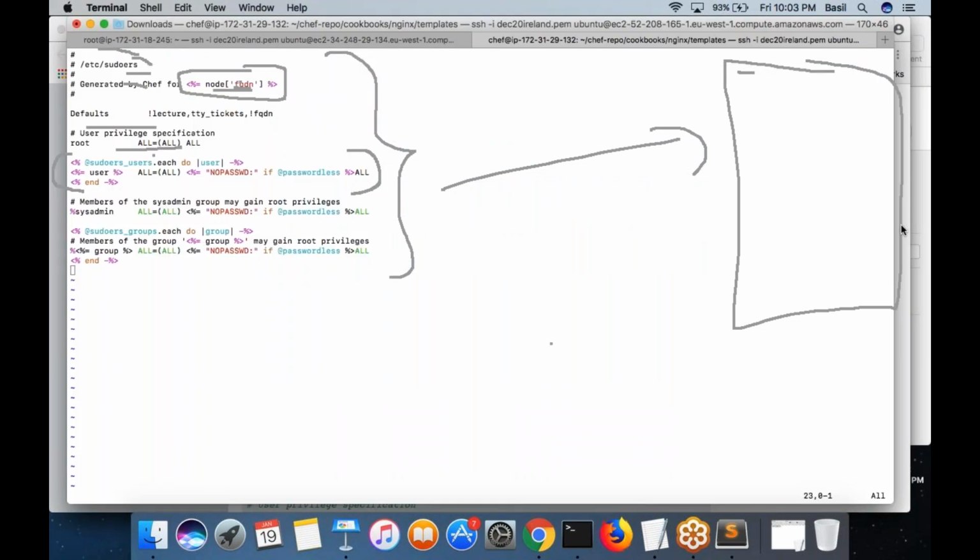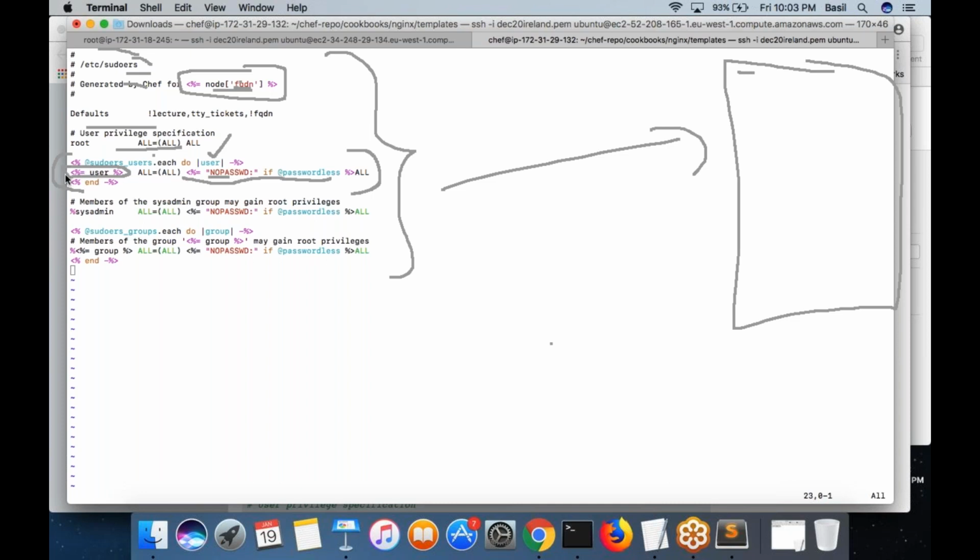So what you do here, basically for this variable, you are actually starting a for loop. User is the iterative variable. Then you are creating this line. User would be replaced with the actual user. Then, what is this? Yeah, if you add this entry, it would be put here. If the passwordless is enabled, then this line would be added. I think nothing would happen by this. So the important part is the user.